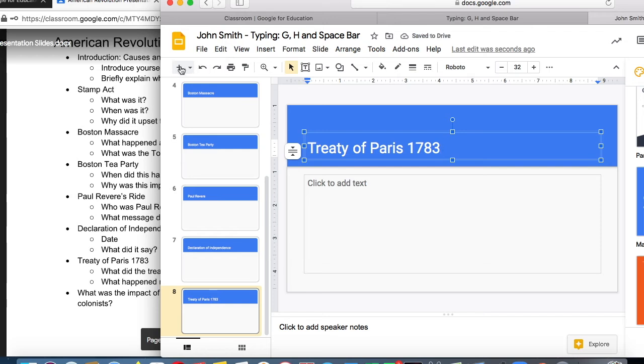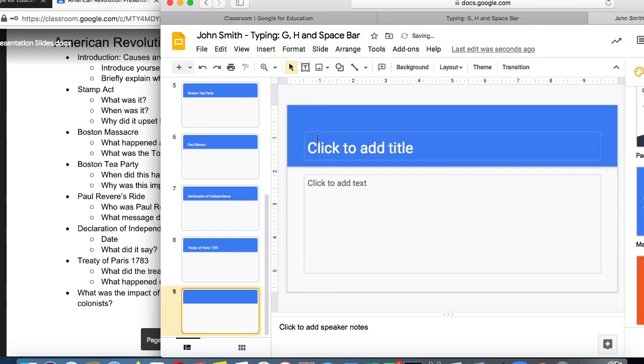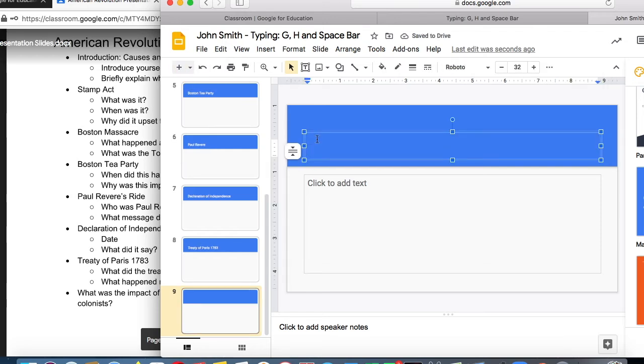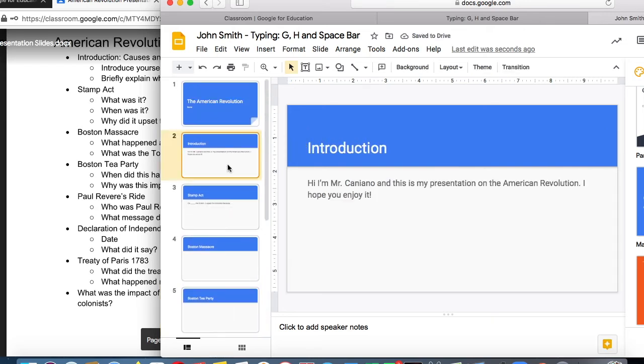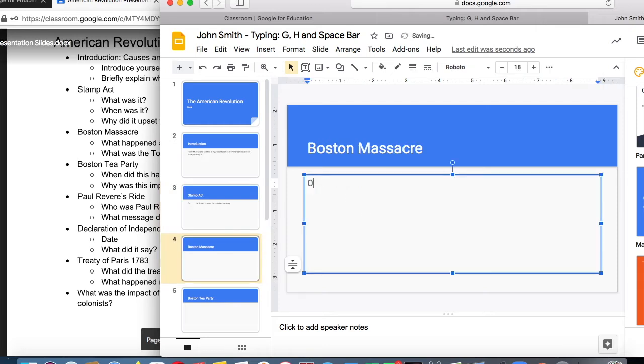And then the final slide is the impact. On each one of these slides, what you want to do is write in your research. Let's say Boston Massacre. You're going to say on such and such a date,